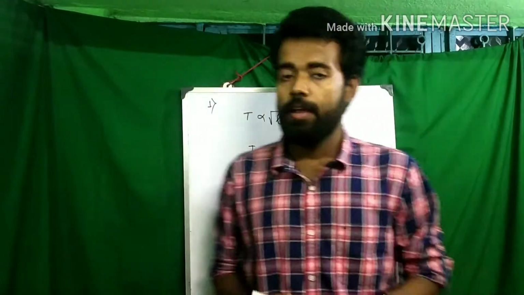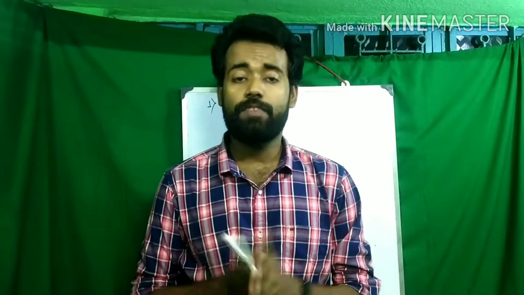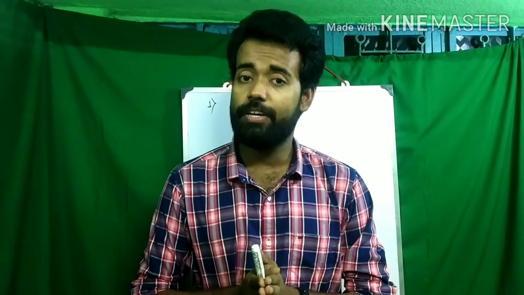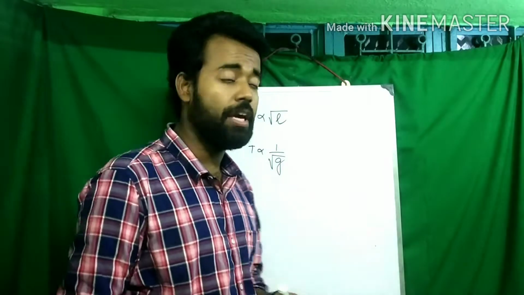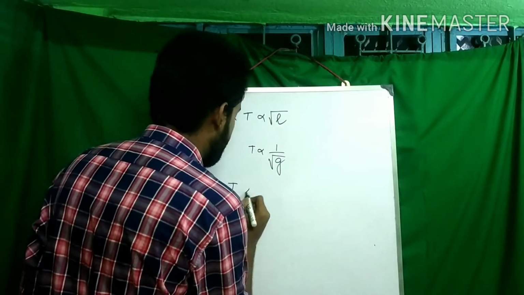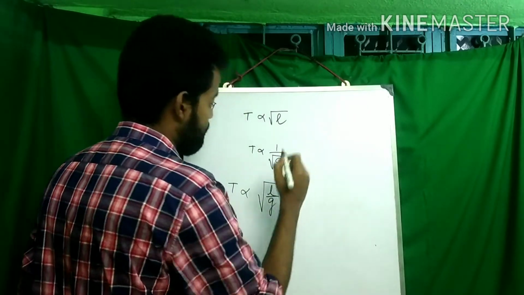So from here we can conclude that time period is inversely proportional to gravity. Again, on the basis of various experimentation and observation, scientists found out that time period was not exactly inversely proportional to gravity, it was inversely proportional to the square root of gravity. All of you follow it? So together we can conclude that time period is proportional to root over of L by g.